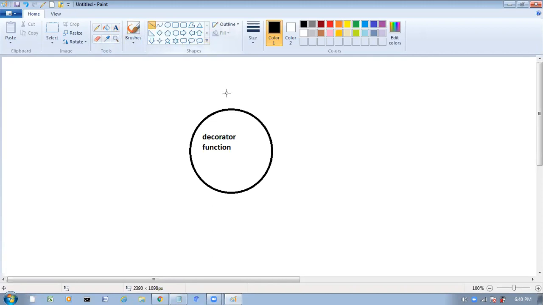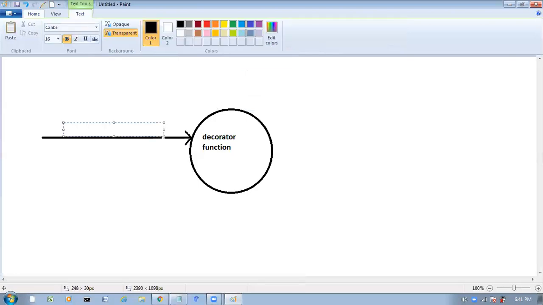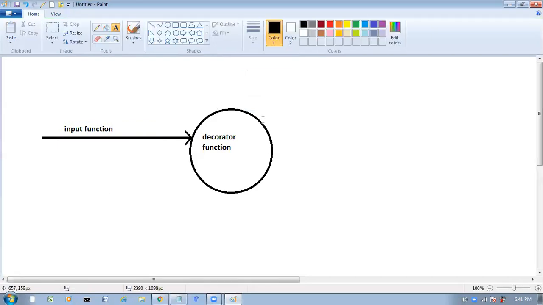Assume here I am providing one function as the input to this decorator function. This is the input function. So inside this decorator, what's happening?